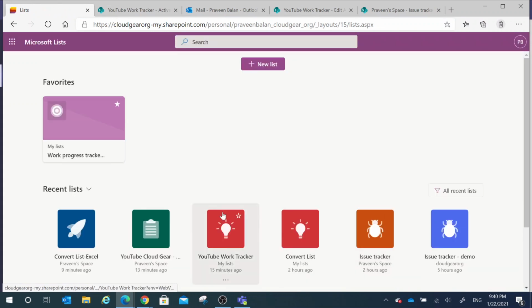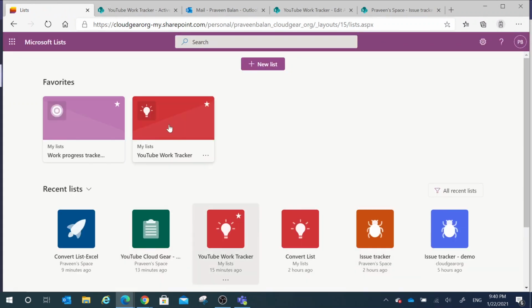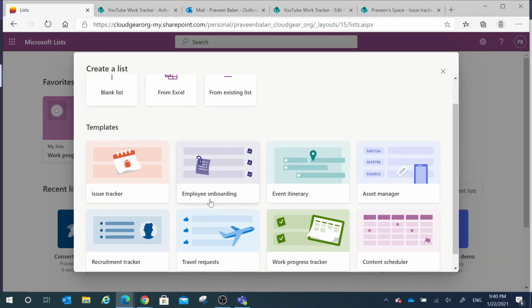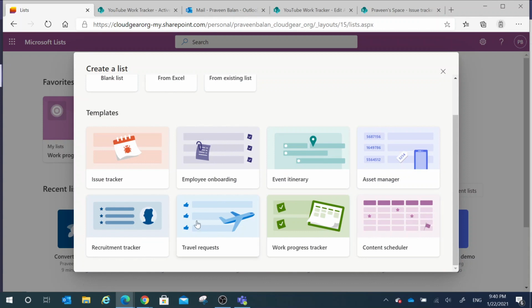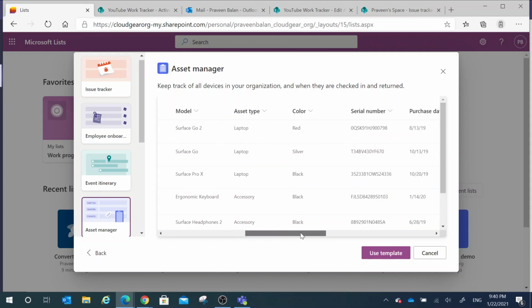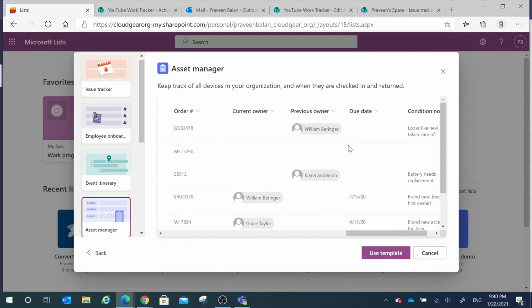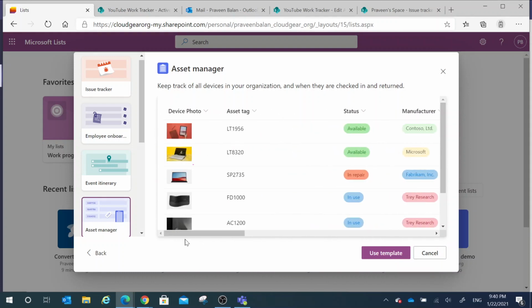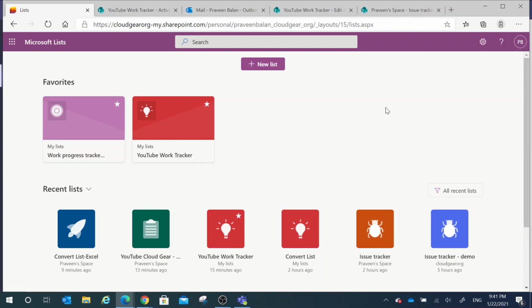From the list homepage, you can add some of the lists which are favorite to you into the favorite tab, and this will become handy if you have many lists available in your kitty. And if you choose one of the templates to start the creation of a list, you can choose any of them and it will display all available columns that are part of the template. And once you create a list using this template, you can add additional values and remove the columns if you find them irrelevant for the list that you are preparing. So choose the way that you want to prepare the list and start using the Microsoft List app.